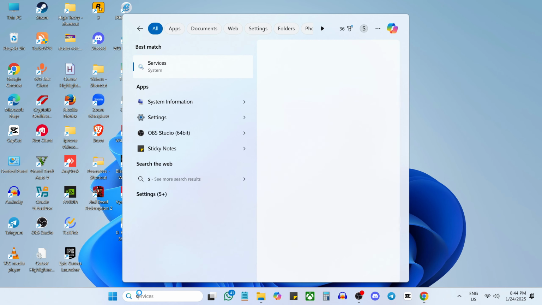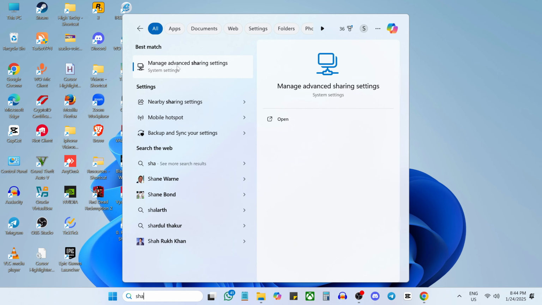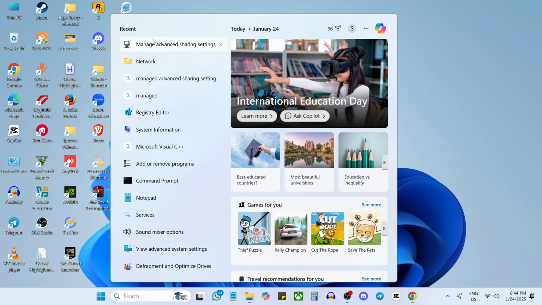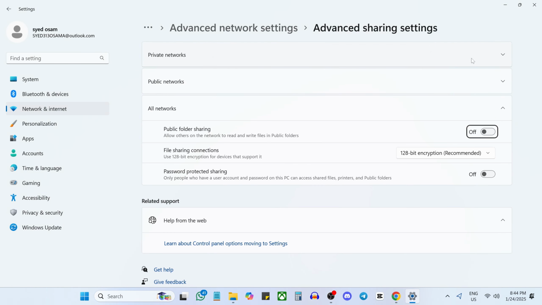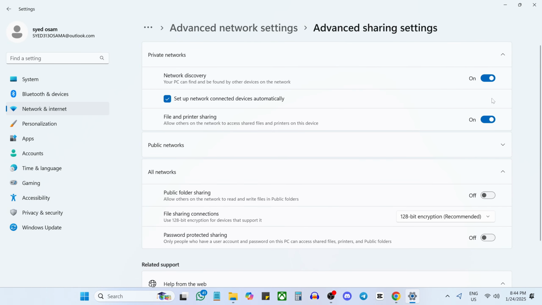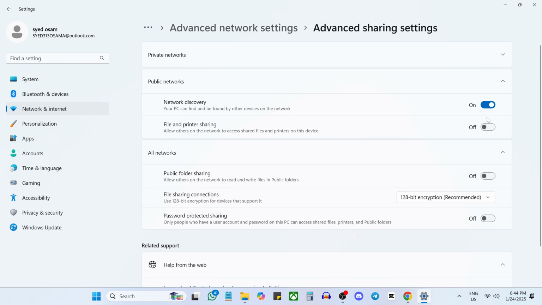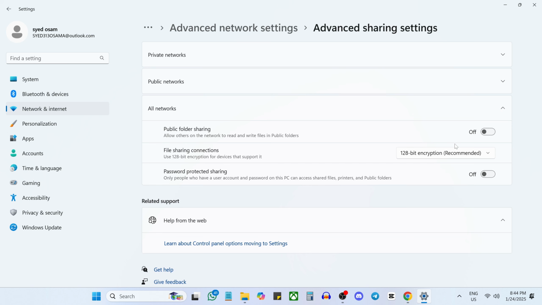So step 1 is open search and type manage advanced sharing setting. Click on it and expand private networks. Now turn network discovery on, turn file and printer sharing on, expand public networks and turn both the options on. Now expand all networks, keep 128-bit encryption on, turn password protected sharing on or off is up